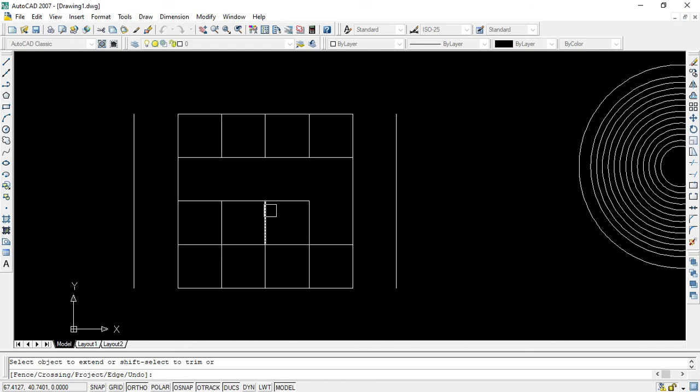So basically this trim command can be used for both. For extension you have to continuously press the shift key, and for trimming, for deleting anything, you only have to choose the trim command. Or the extend command can also be reversely used for trim, and the trim command can also be reversely used for extension. Simply, continuously pressing the shift key is required in both cases.